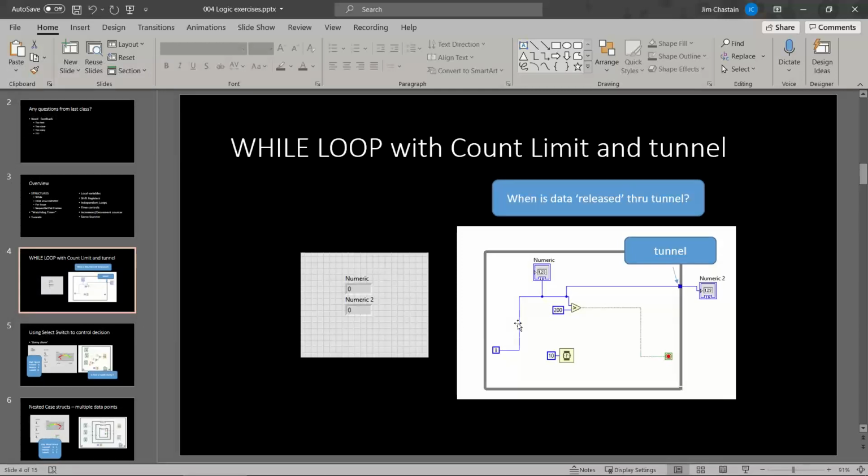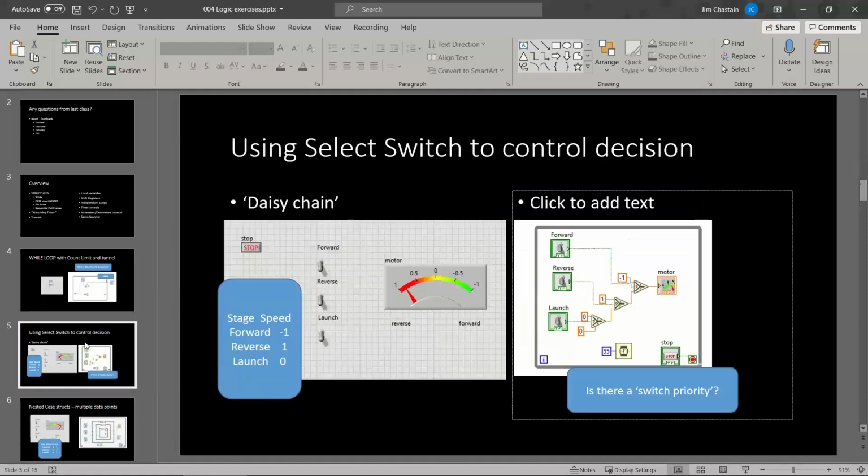Okay, this one's pretty straightforward. Basically, the output shows up when the loop is over. This one, we're using select stages controlled by a Boolean signal, and there's a daisy chain that will propagate to the output with different values. And so when everything is turned off, the output's going to be the input to the bottom of the daisy chain. When this output is turned on, and these control the motor,